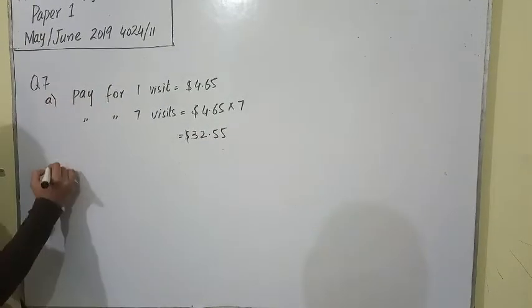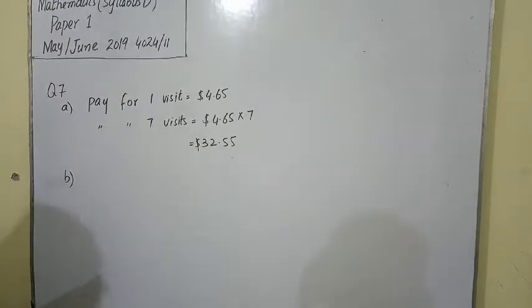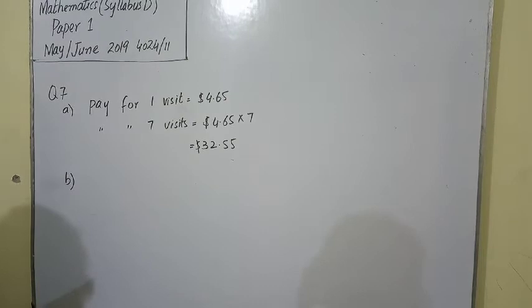This was the A part, and now come towards B part. In B part, on one visit she swims 40 lengths. The first length she swam is length 1, length 2, and so on. She swims on her back on lengths which have numbers that are multiples of 4 or 5. Now we have to calculate the number of lengths that she swims on her back.